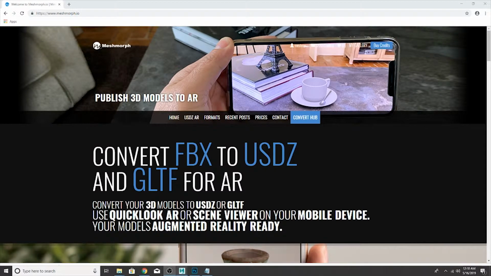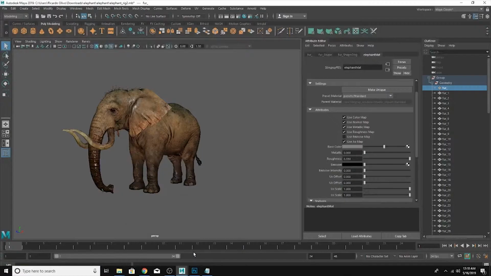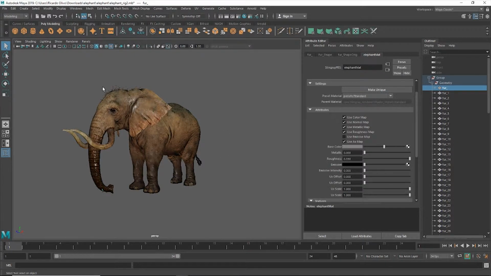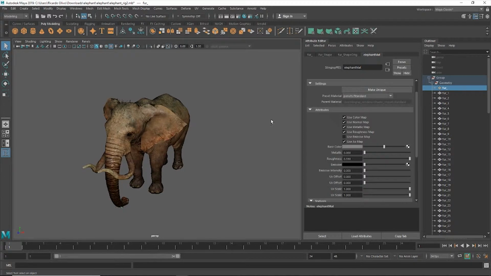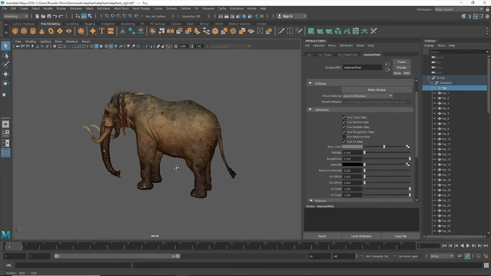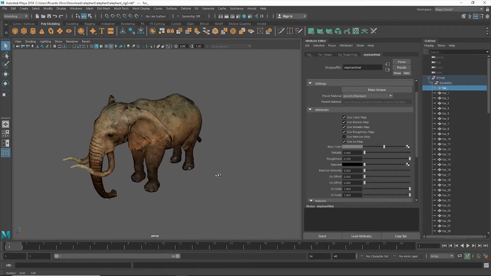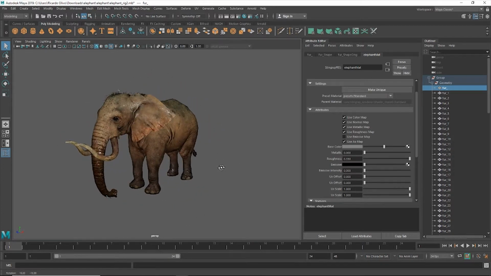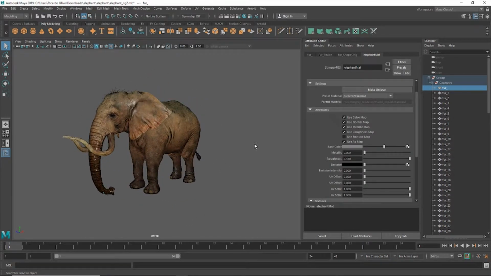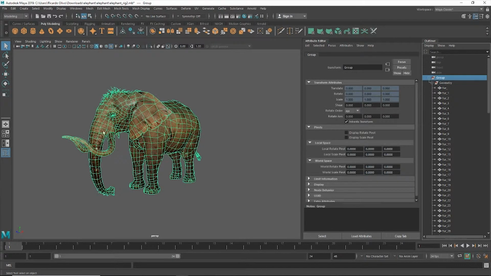From the beginning, I'm going to use Maya 2019 to export my file, which also has the PBR workflow through the material Stingray PBS. I strongly recommend using this material since it's best suited for simulating real-world light conditions, especially for AR. What I'm going to do right now is to select my geometry and set File, Export Selection,